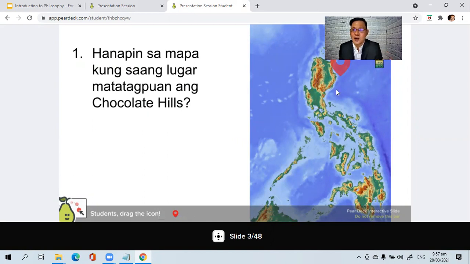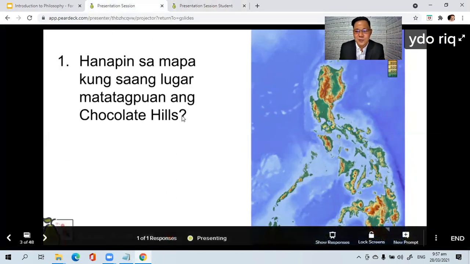All they have to do is get the pin and drag it, and find in the map where Chocolate Hills is located. For example, I will place it there, if I am the student. Now in the teacher's view,